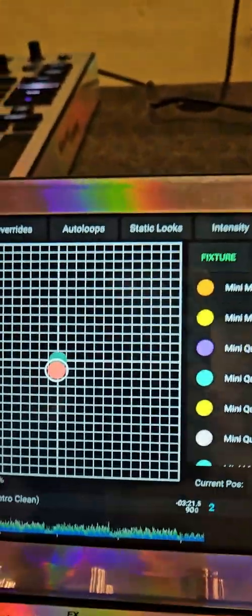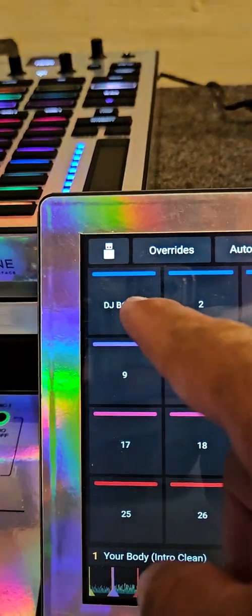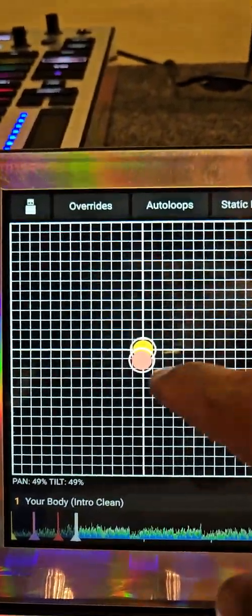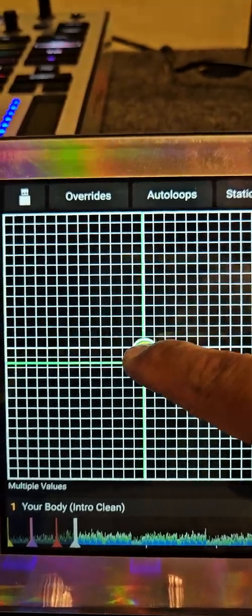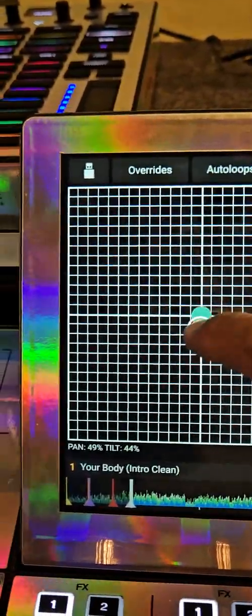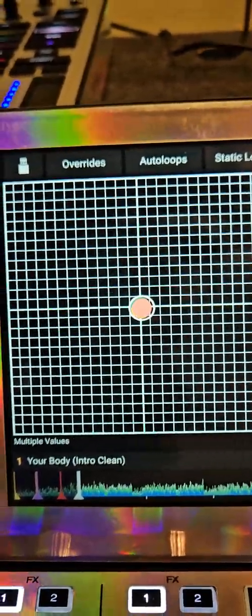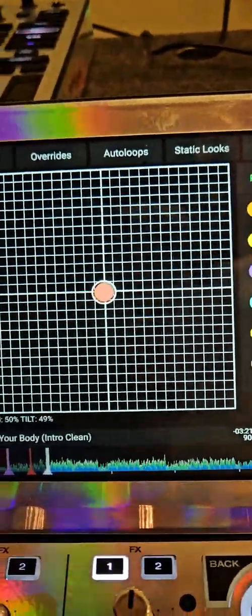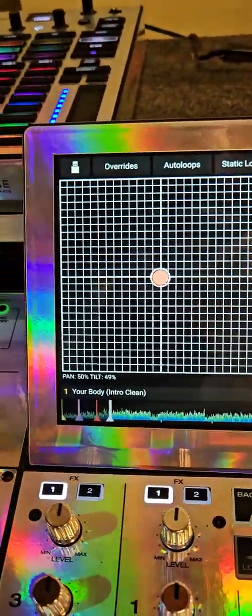The thing with positioning your moving heads, like in my static looks, on this one I can't see it, but when I go to my Soundswitch and launch it here, and I go to edit, I'll go to the place on Soundswitch identical to this. You look up static looks, you look up your DJ booth, you right click, things are going to come out. And when it comes to your moving heads, once you click on your moving heads, these position things are going to come out. And once it comes out, then you're good. You're golden. I want to get it at 0 because I don't want it screwing around. So yeah, once you do that, then on my static looks, when I did the deal,